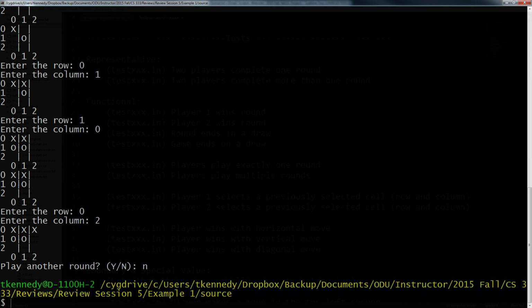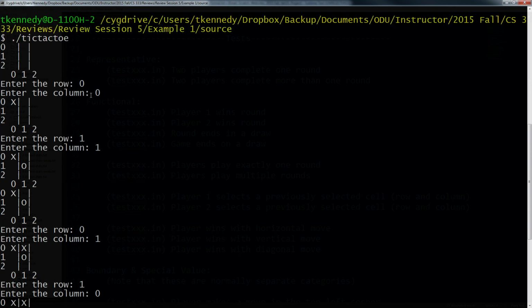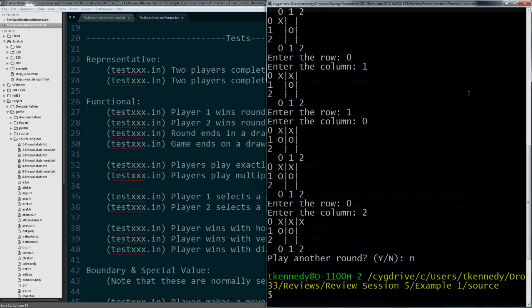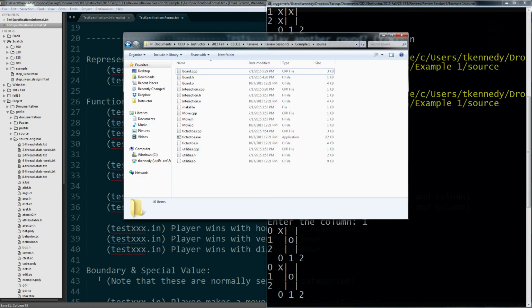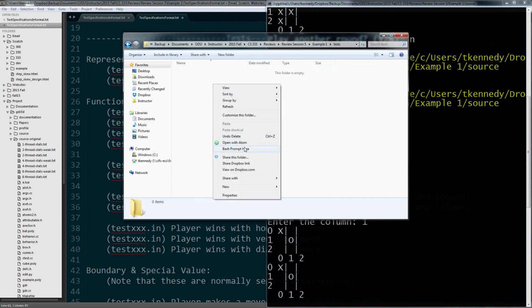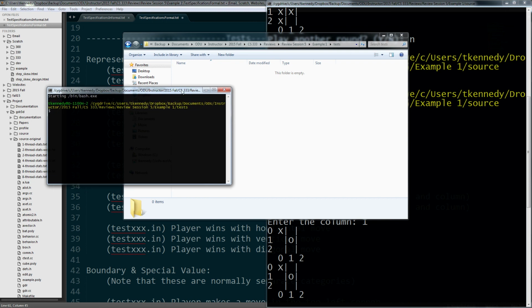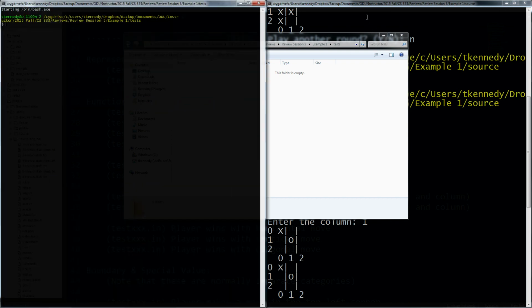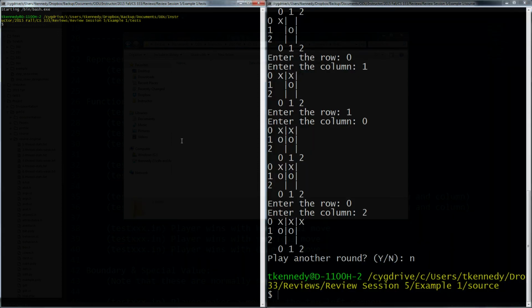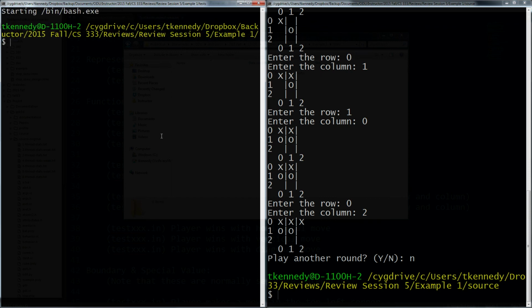Now, what I need to do is go through and say, what did I enter as input? I can say, well, 0, 0, 1, 1. Go ahead and do this. There we go. Let's put a window there, and a window there. There we go. Now what I'm going to do is create these text files, these input files,